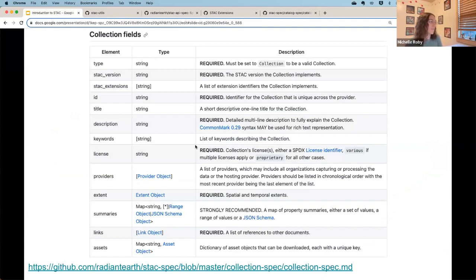So as we saw before, with the STAC catalog, this collection fields table is everything that is included for the STAC collection. And this becomes helpful if you're building a STAC catalog, or a collection as well, or if you're just trying to understand, okay, what am I looking at here? What does this mean again?